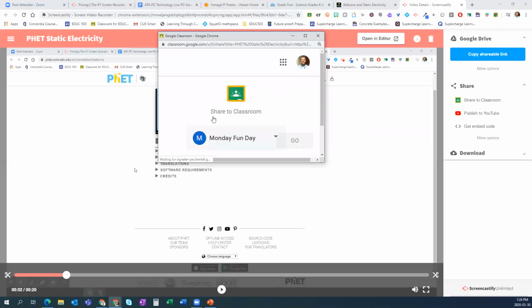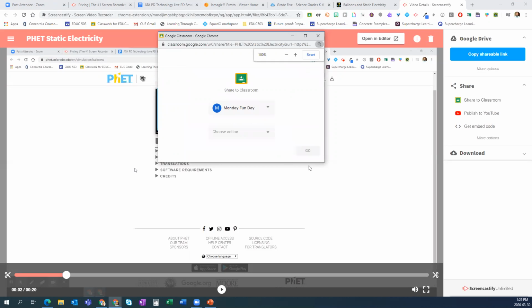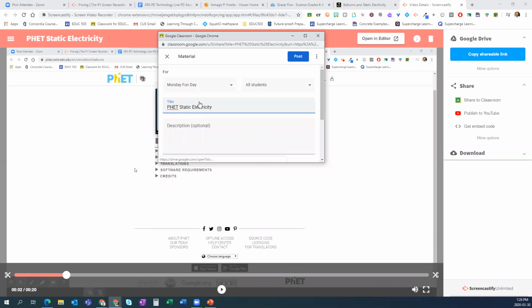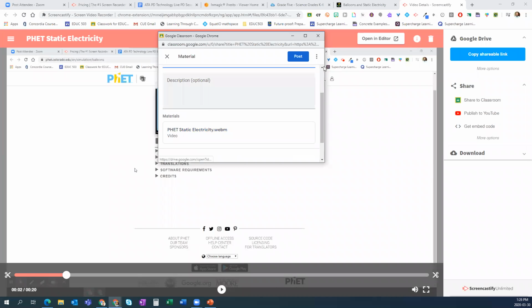You pick which one, and then you want to turn that into an assignment. Maybe it's just an announcement or a material. Hit go, and it's going to pop it right into your, here's the video file, here's your material posting. You can add in your other details on that and hit post,